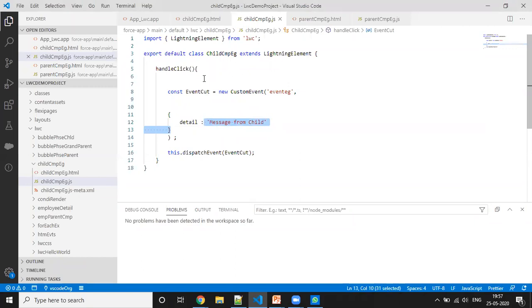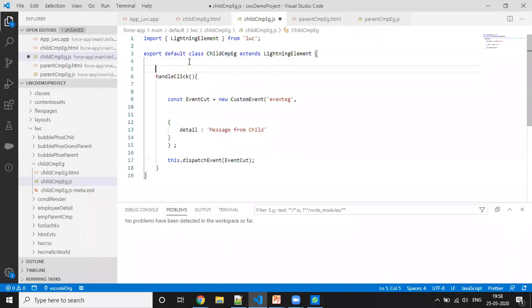Now if we want to pass some static value, or some variable value, suppose I am defining some values like first name and last name, and I want to pass those values, how can we pass that?